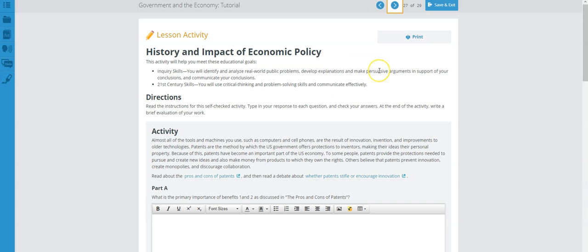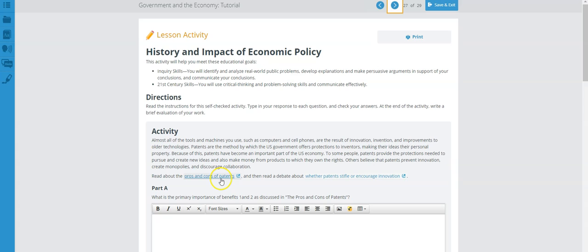Let's move on. We are now on page 27 of the government and economy tutorial, and we have another lesson activity here about history and impact of economic policy. Let's read the directions here. Read the instruction for this self-check activity, type in your response to each question, and check your answers. At the end of the activity, write a brief evaluation of your work. Please make sure that you're reading this activity part directions here, and that you're going over this